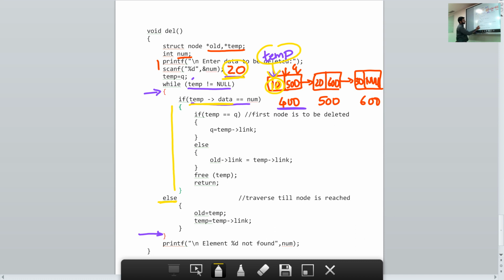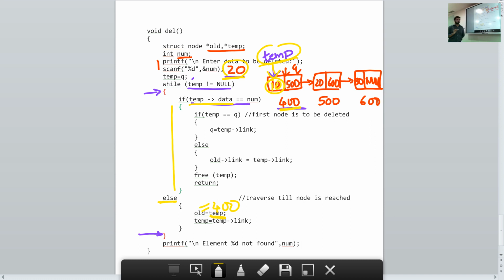So in the else part, what do we do? We give the value of temp. The value of temp is 400. How do we get this? Suppose you don't know how we get this, please refer to the video, basics of programming in single linked list, and then you will understand how we get this. Please refer to that video before seeing all these videos. So here the value of temp is 400, that is given to old.